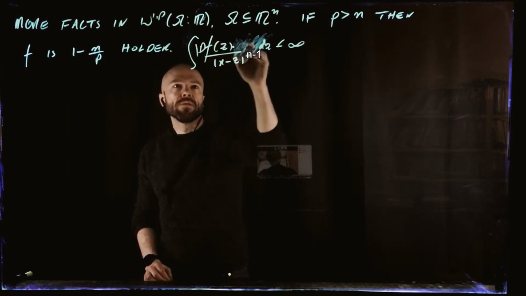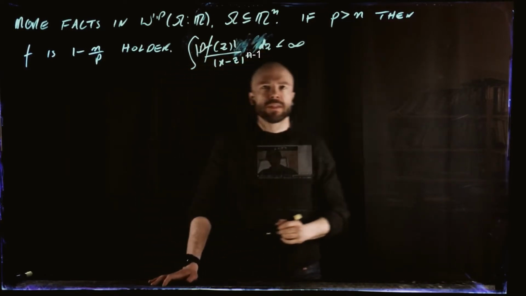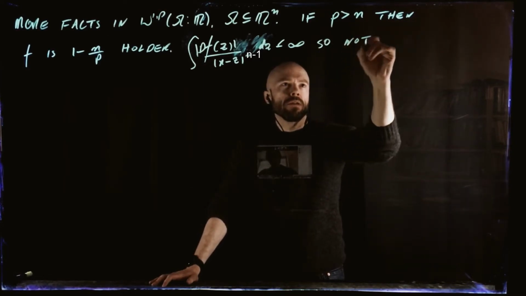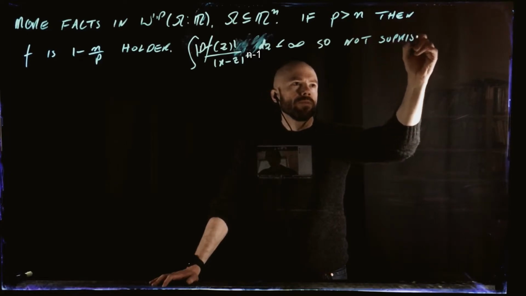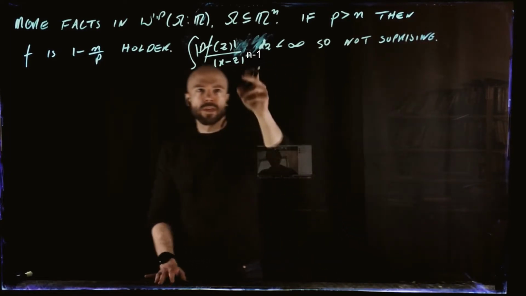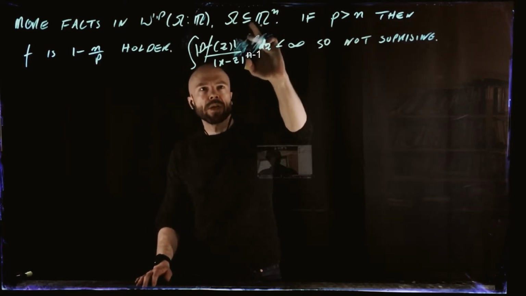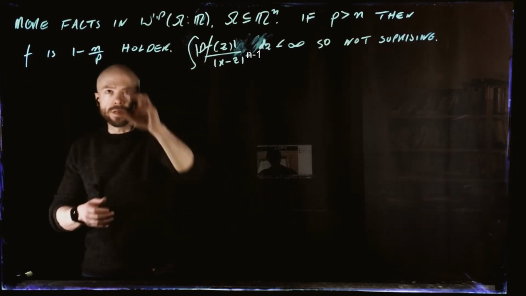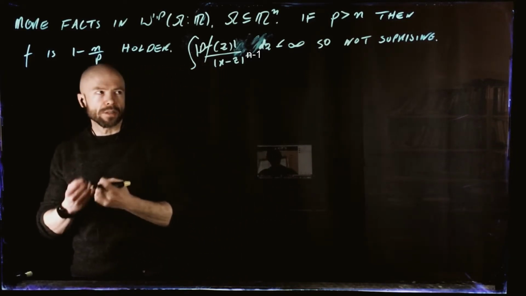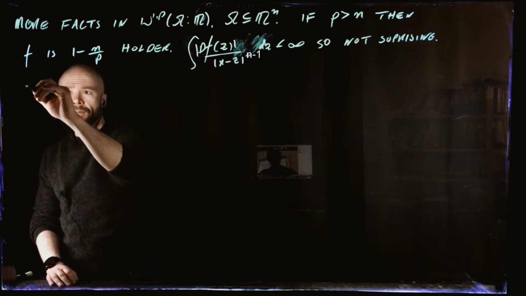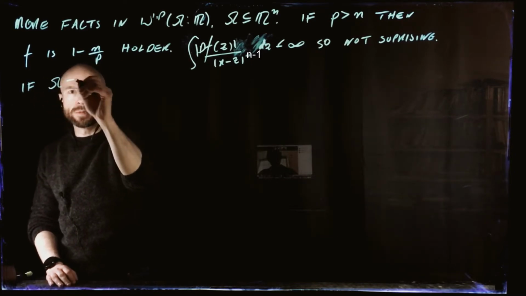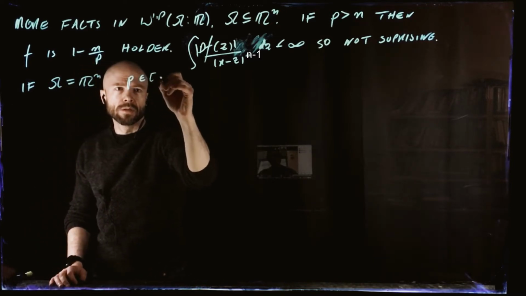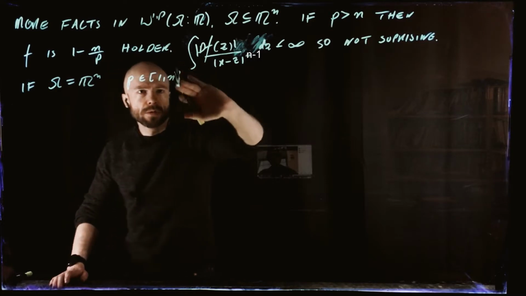Actually, let's write it like this. So this thing, like this, is less than infinity, so not surprising. If you mess around with this kind of inequality and just do elementary arguments, you'll see you'll get some kind of Holder estimate, maybe not the optimal one, but enough to give you some reason why this isn't such a surprising thing. And if, let's study it this way, if omega is R^n, and we have that p is between 1 and n,